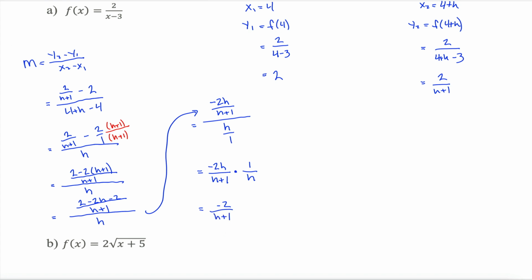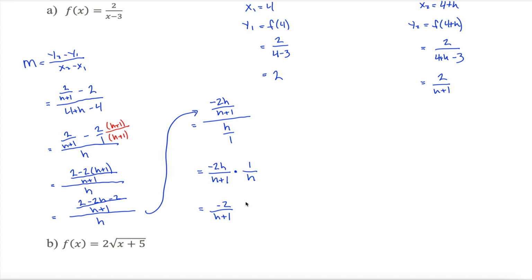Couple of comments. Students want to cancel out this h and this h, for example. But you can't do that. The reason you can't cancel out these h's is because you have multiple terms here. You can't cancel over addition and subtraction. But what I really have here is h plus 1 times h down on the bottom and negative 2 times h up on the top. And I can cancel over multiplication, so this h and this h can cancel,